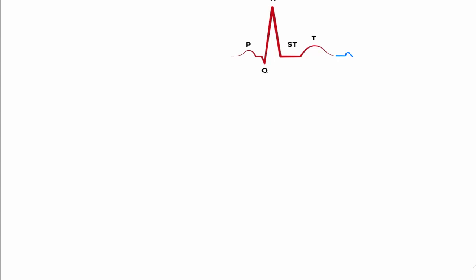Okay, and this U wave is due to what? Papillary muscle repolarization. Repolarization of papillary muscles. Just know this. This is more commonly seen in hypokalemia. Okay, hypokalemia. Papillary muscle repolarization. Papillary muscles are the muscles of the valves. So repolarization of these muscles causes the U wave, which is basically this.